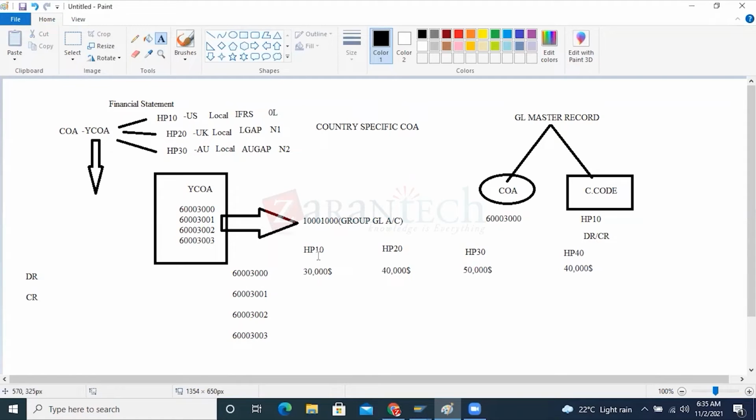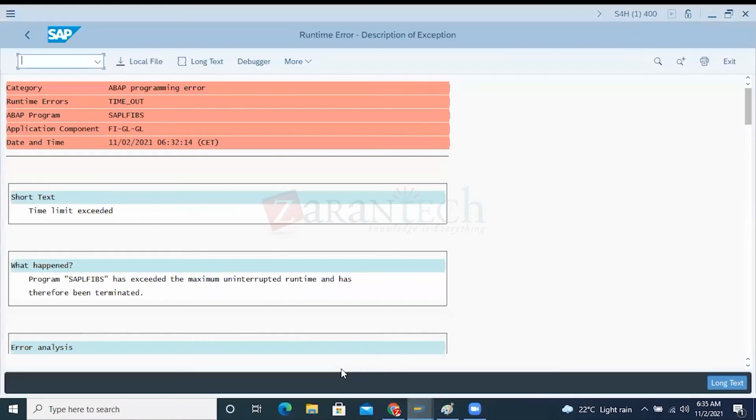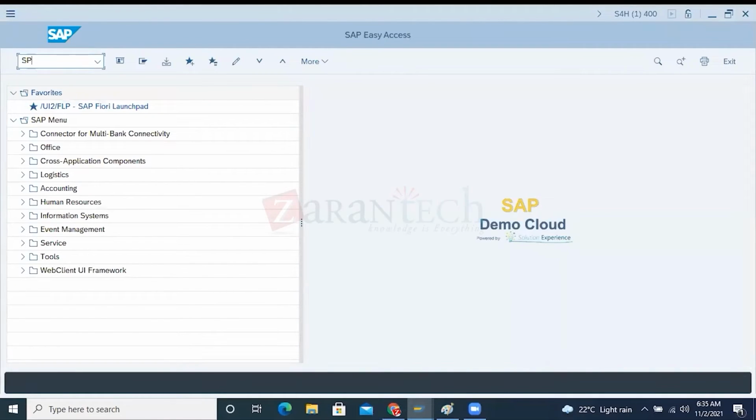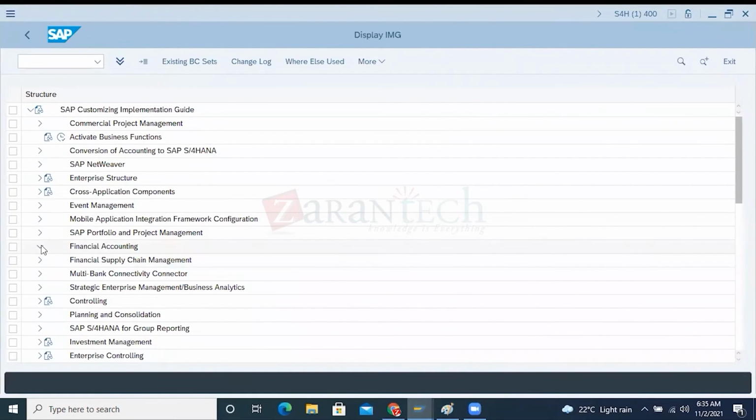Very, very important now. So these 4 GL accounts you have maintained at what level? These 4 GL accounts I maintained under the operational chart of accounts. So when you're creating your P&L account and balance sheet, Mahesh, just now you have explained to us, when I go to the P&L account and balance sheet,